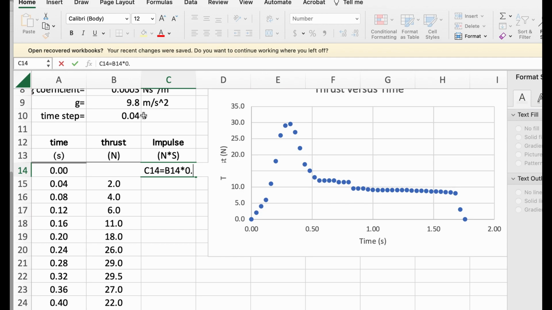If I just typed in 0.04, then I'd have to go through and edit each cell later if I ever wanted to change the time step. So here I'm just going to multiply by $10. That locks it in on that cell. You can't type C for it. You just have to type equals. So equals B14 times